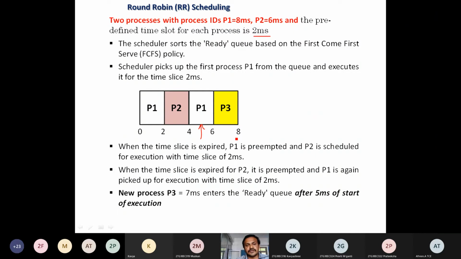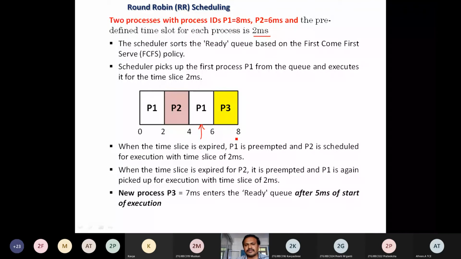It is going to be continued because here we are not going to give any option. Once the predefined time slot is allocated for that process, the system is going to wait for completion of that current process. In between, it won't be preempted, because once the predefined time slot is allocated, it won't be disturbed. That is the round robin.